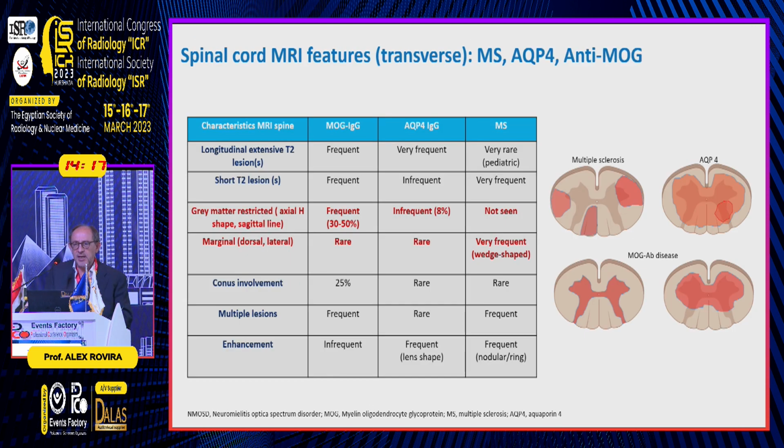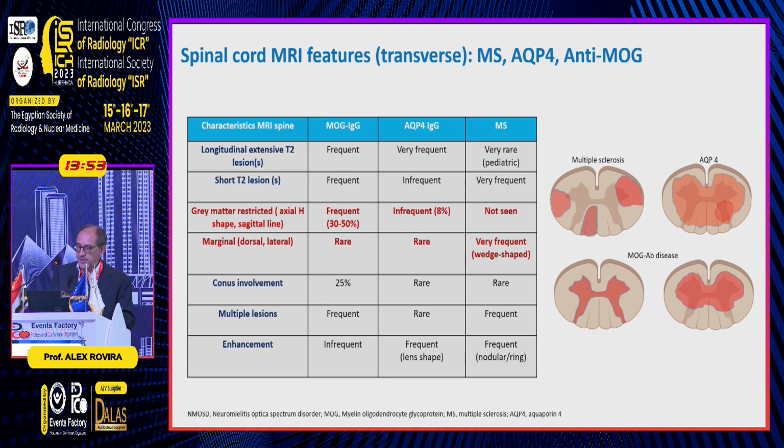Okay, but now let's move to the pattern of these diseases in the axial plane. And we know that in multiple sclerosis, more than 95% of the lesions are located in the lateral tracts or in the dorsal tracts. In aquaporin 4, at least in the acute phase, the lesions usually involve almost completely the